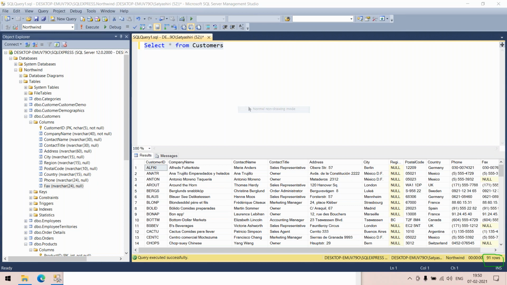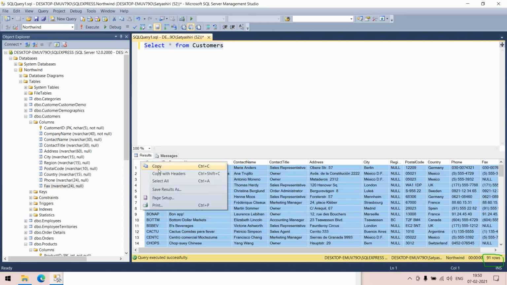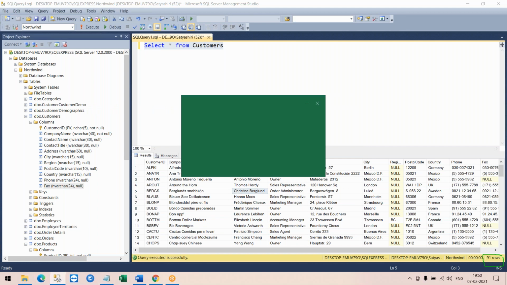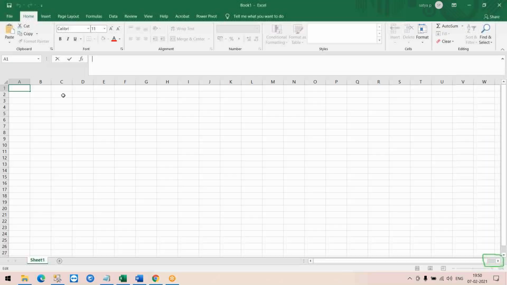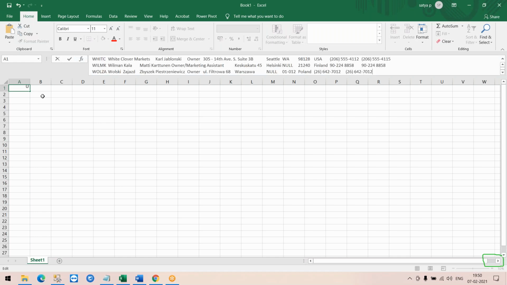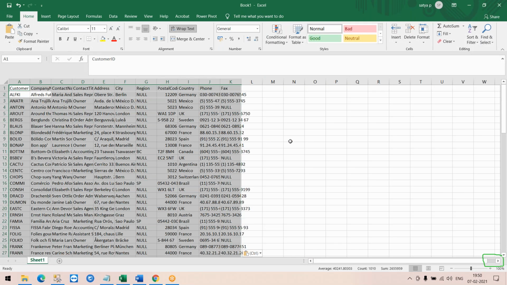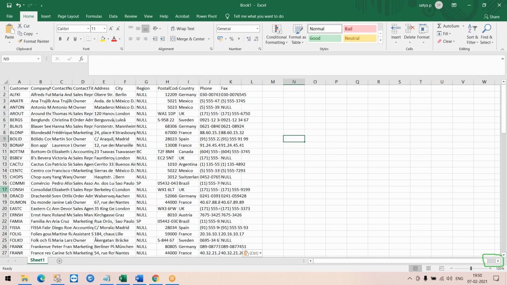And if you would like to take a dump of this data, you can select it here, right click, copy or copy with headers, and you can paste it in an Excel. You can just paste it here. You don't need to connect to the database to look for your customer information, right?